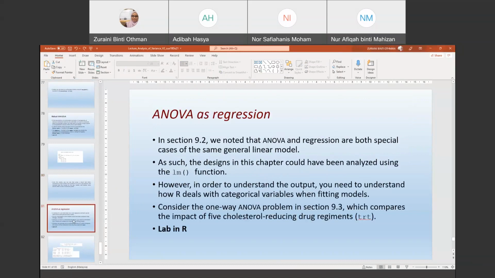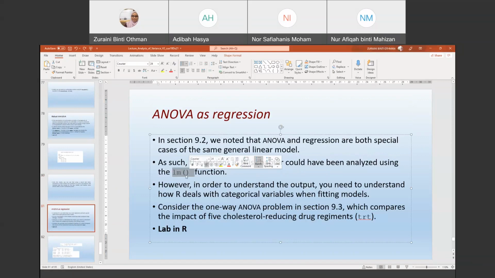How can we use Anova sebagai regression? In section 9.2, we noted that Anova and regression are both special cases of the same linear model. Okay. Just now kan yang mula-mula kita belajar tadi yang ada tengok ada LM dengan AOV tu kalau guna function tu. Okay, linear model, and for the Anova tu lebih spesifik lah kalau kita guna AOV. Okay, however, in order to understand the output, you need to understand how R deals with categorical variables when fitting